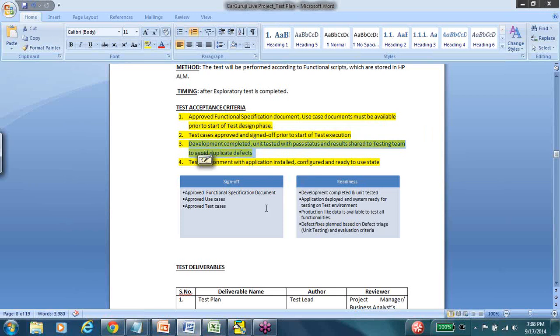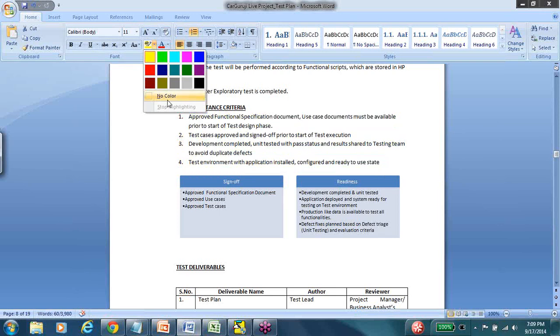The development is completed, unit testing has passed, and the results are shared to the testing team. Now, this is specific to one of my projects, but it does not have to be the norm in all cases. So unit testing teams,